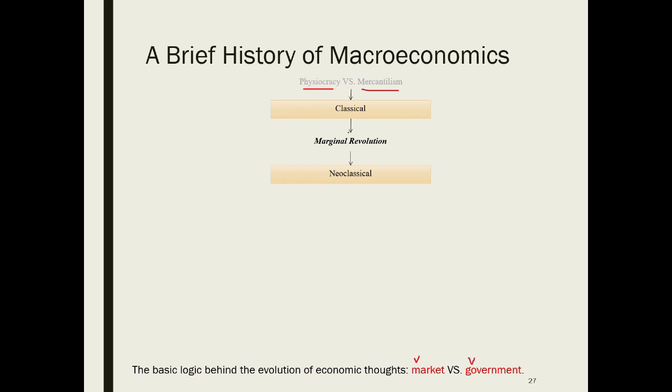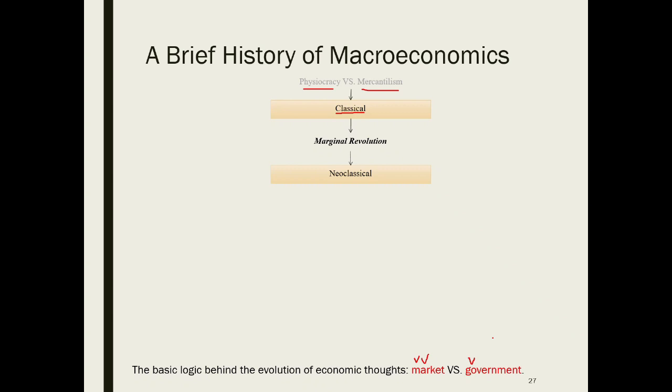In 1776, Adam Smith published his famous book, Wealth of Nations, which marked the birth of modern economics. Adam Smith is also called the father of economics. In fact, I feel a little bit ironic about this title of father of economics because obviously you cannot give birth to anything without the mother of economics. Anyway, Adam Smith established the fundamental principle of classical economics, that market is the invisible hand to allocate resources efficiently, and government should not intervene.